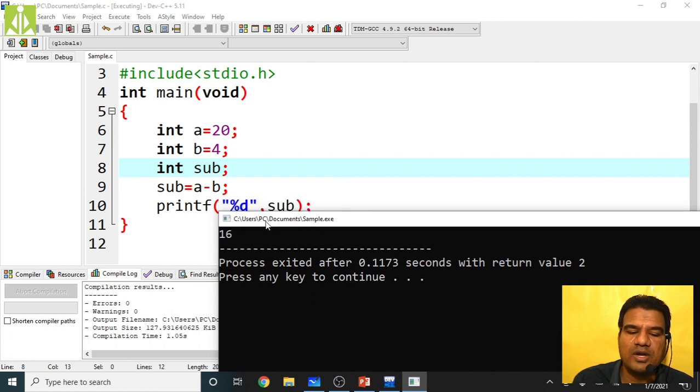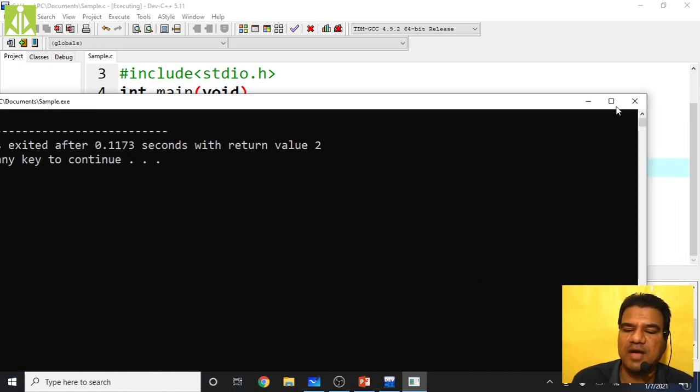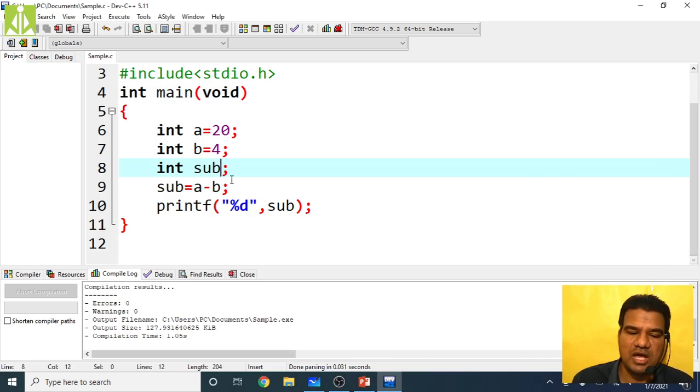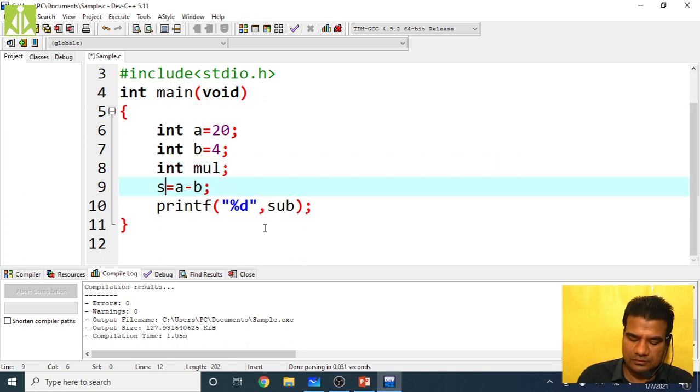So how did I get 16 over here? Because I'm subtracting this 4 from A, 20. So 20 minus 4, I got 16 as my value. Same thing for multiplication. How can we change this value? Mul, you put, and